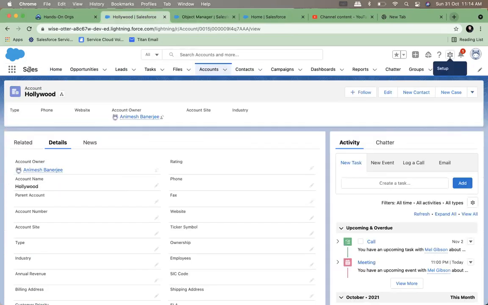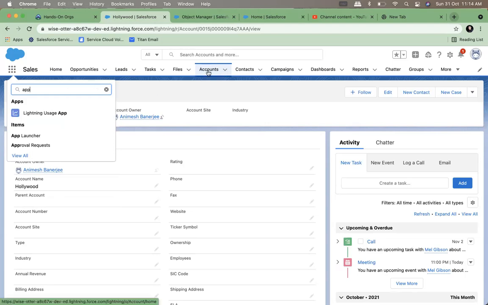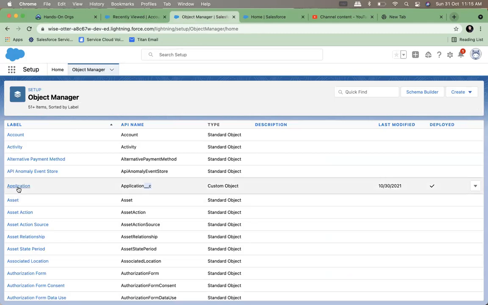So if I go back and a normal user wants to create an application, can he create? Because he needs a tab, right? Just like for creating a record in account, I go to the tab and I do a new. I need to go to an application tab in order to create an application, right? I cannot do that. Application is a table, but the table does not have any UI. The table does not have any screen to capture the data. You have to create those screens. So what is the next job? Creating the table is not enough.